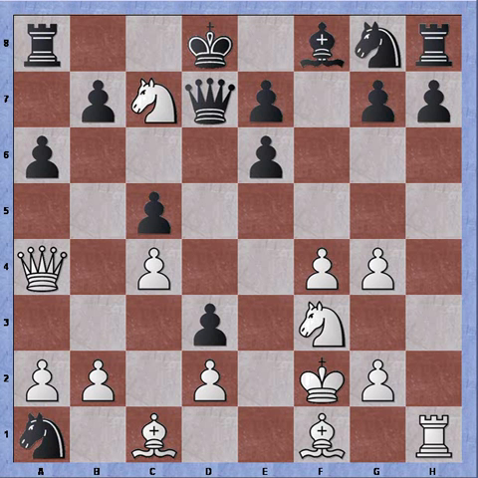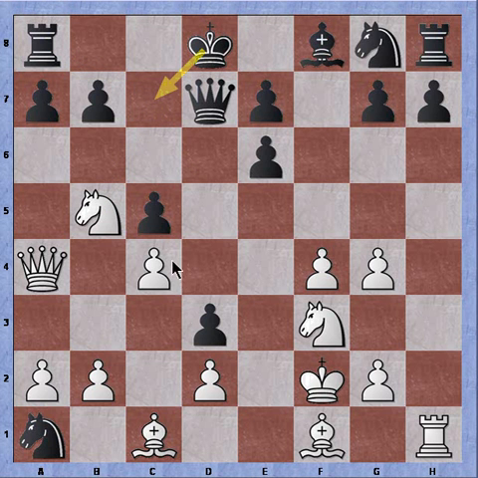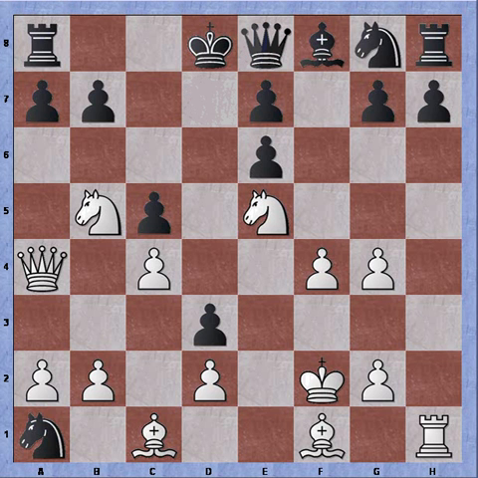So let's get back to the game. Random move like a6 wasn't played, king to d8 was played, of course, to cover against the check and against the fork, cover the c7 square. Knight to e5 attacking the queen, queen to e8,